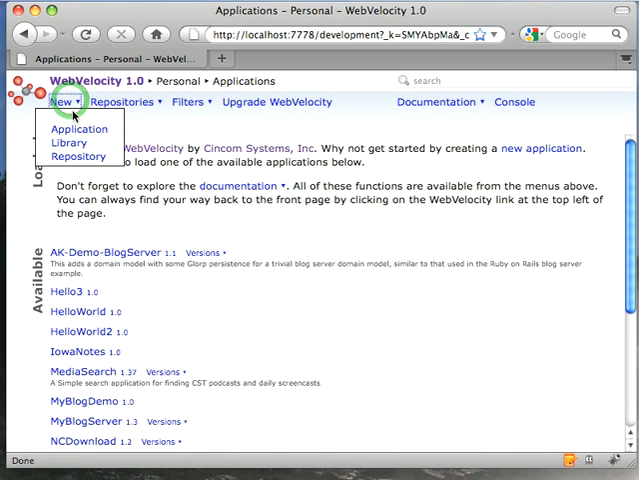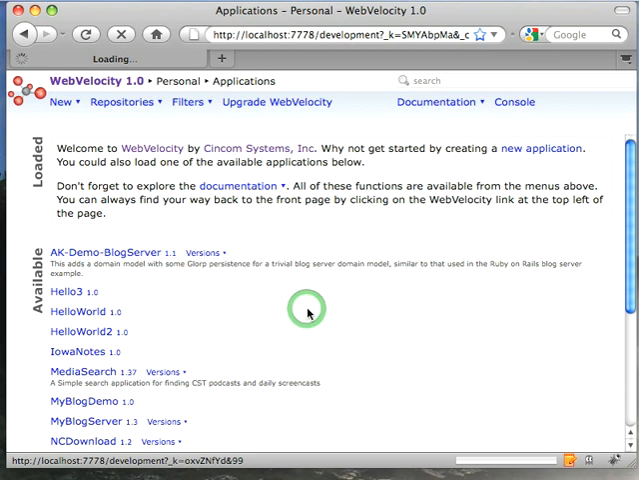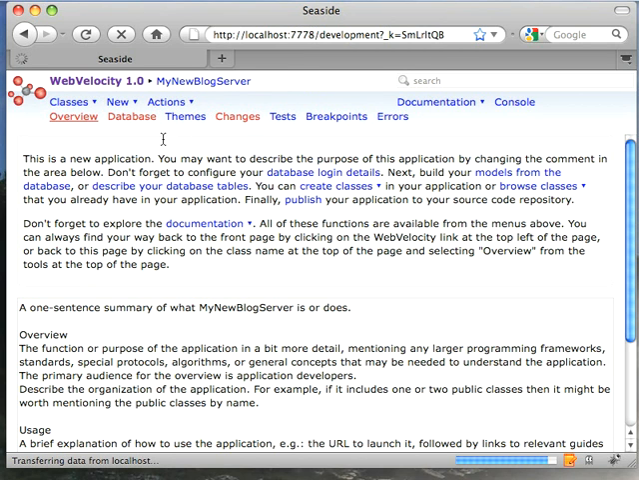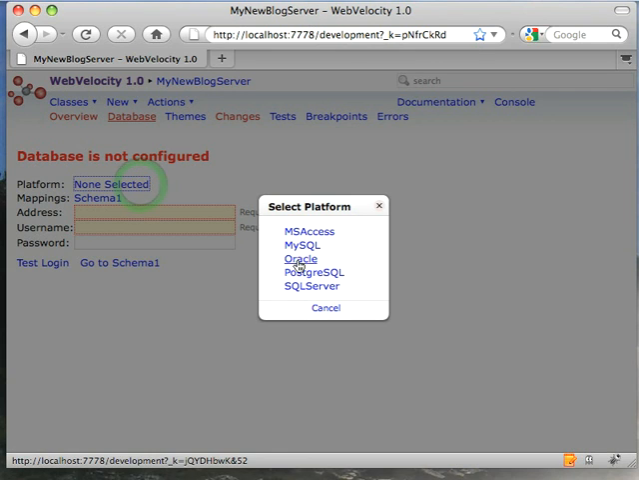We'll start by going to New Application, and what we're going to do is put in something like My New Blog Server, and we'll let it do a schema. Now once we do that, we have to go to the schema itself, and let's go to Database and define what database we're going to talk to. So we're going to pick Postgres,